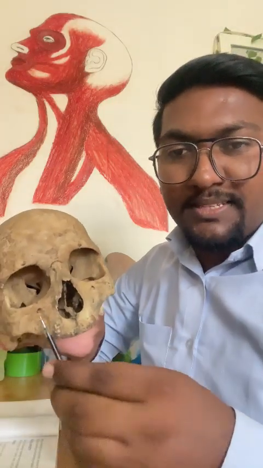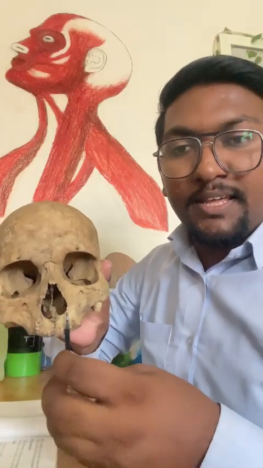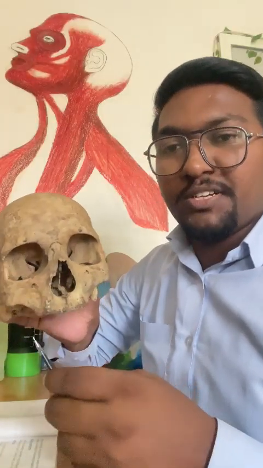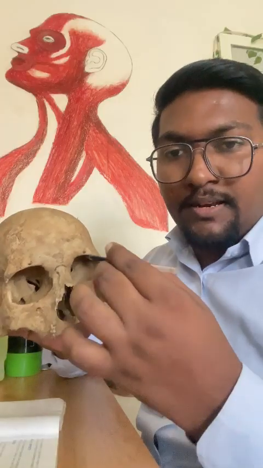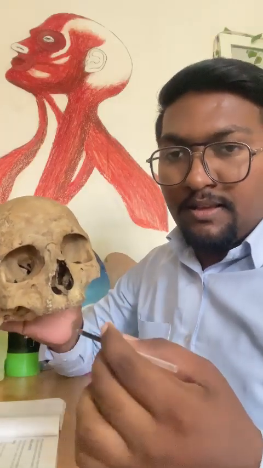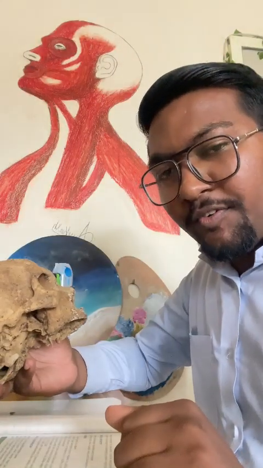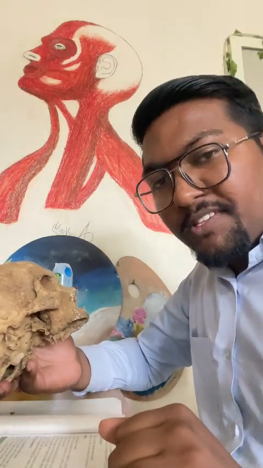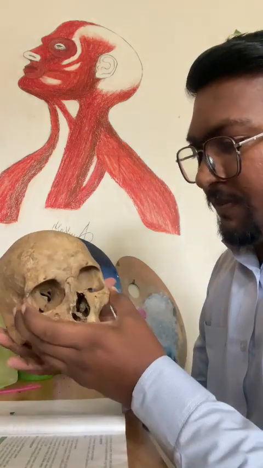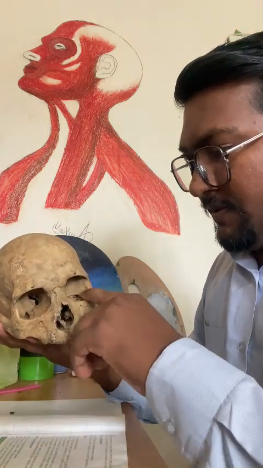Hello, good morning. Today we are going to discuss the second largest bone of the face, which is the maxilla. Here we can see there are two maxillae which articulate with each other and help in the formation of the orbital, nasal, and oral cavity. Now we go to the surfaces of the maxilla, which are the orbital surface, or also